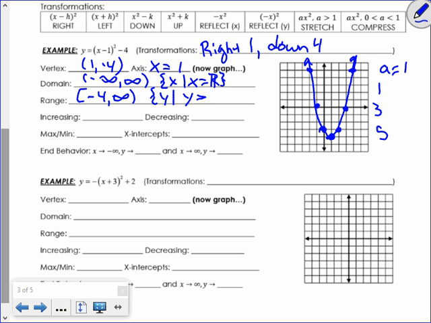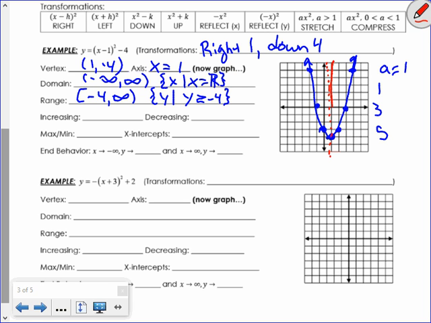Y is greater than or equal to -4. Remember the equal to is there because it actually includes -4. And it's greater than because I'm going up and above. All of my values are above -4. All right. Now if you guys want to graph the axis, it might help with the increase, decrease,